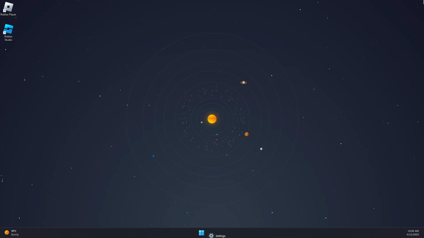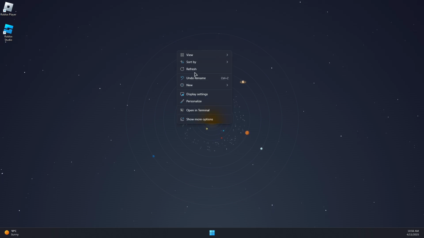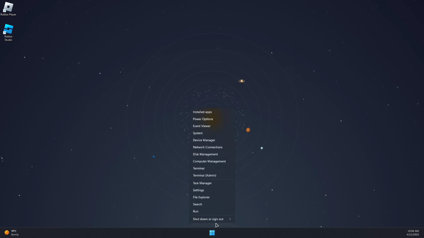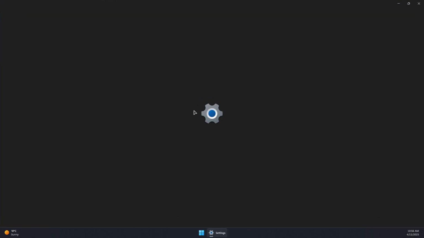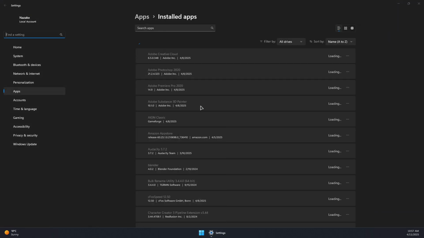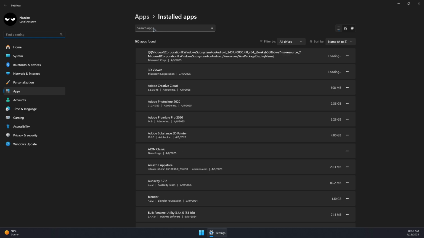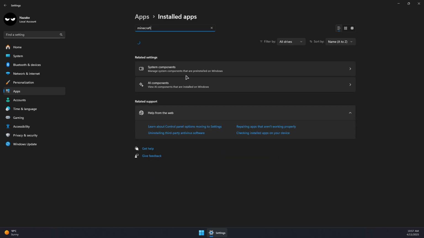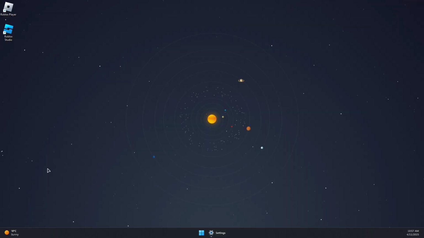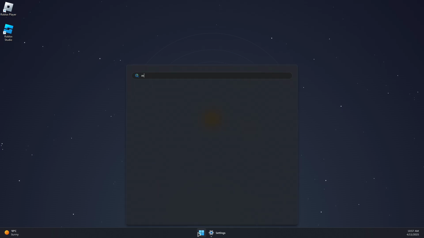Now, you can close this, and if it still doesn't work for you after doing all these options, you can try to reinstall Minecraft. Right click on Windows icon, installed apps, and then search for Minecraft. And you should see 3 Minecraft related apps. You should uninstall them all, the 3 ones, and then go back to Microsoft Store